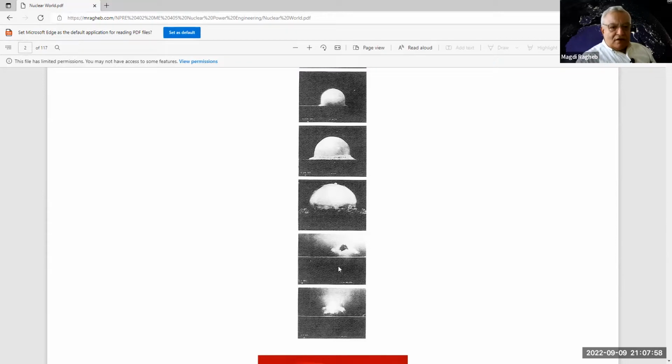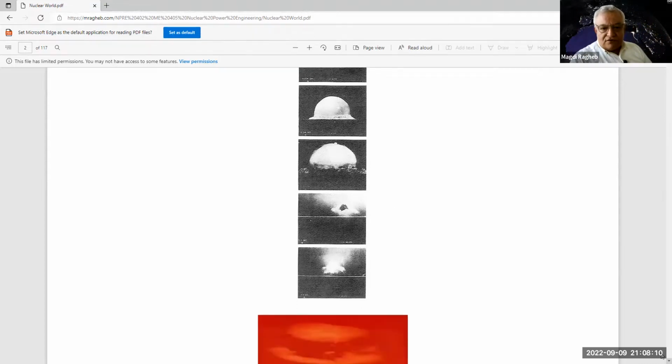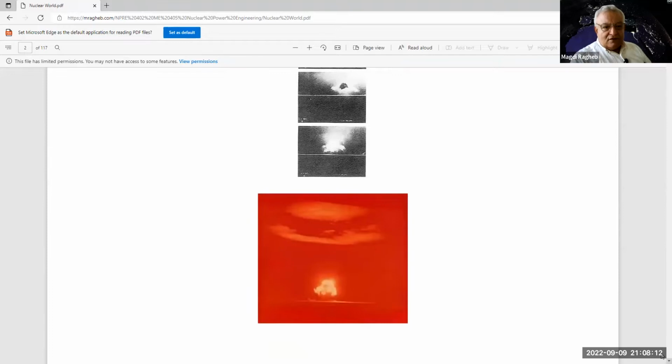So it forms what is observed as a mushroom. Actually, it rises and then comes down back again. It rotates in a toroid of revolution, like a torus or a donut, if you want to call it this way. This is one of the color pictures, the only color picture actually taken of the explosion when it happened